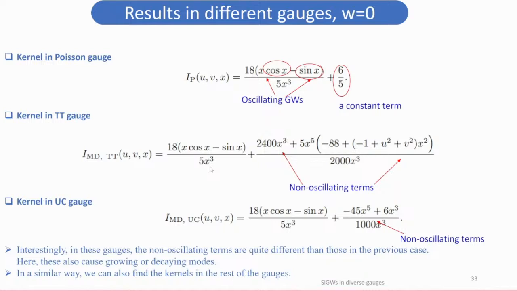So the result in different gauges, you see w is equal to 0. It means that is the matter domination case. Here are some different results. You see here cosine and sine x, these are the oscillating terms, the rest are the non-oscillating terms. Here in different gauges, you see these non-oscillating terms are quite different from the previous study. So here we also find the different gauges. In a similar way, we can find other gauge results